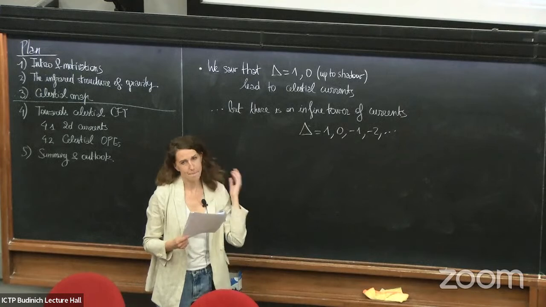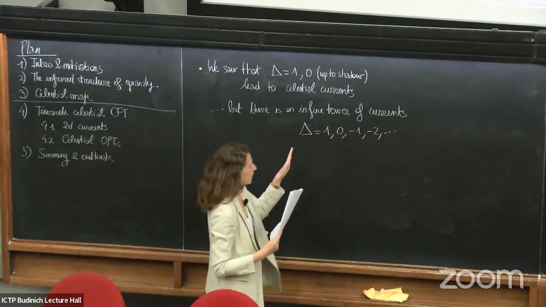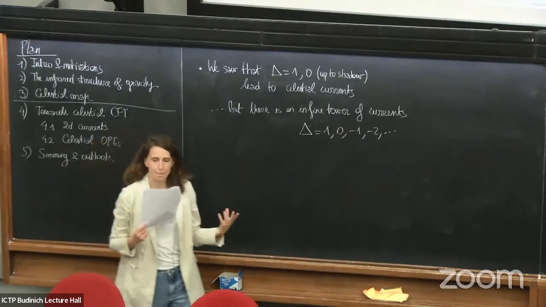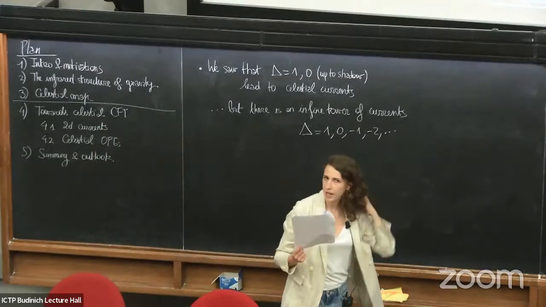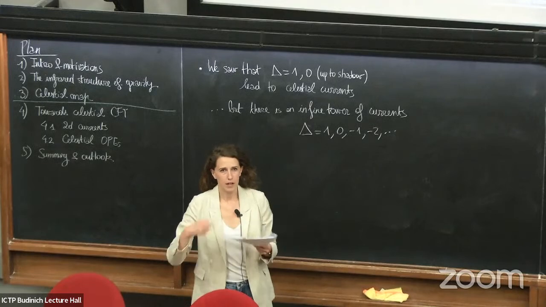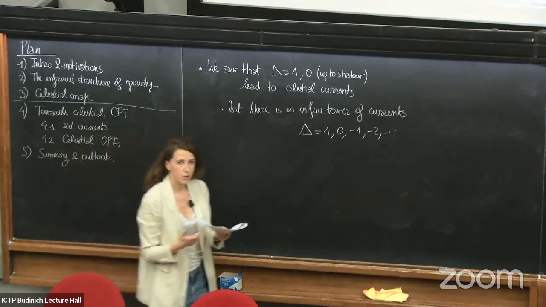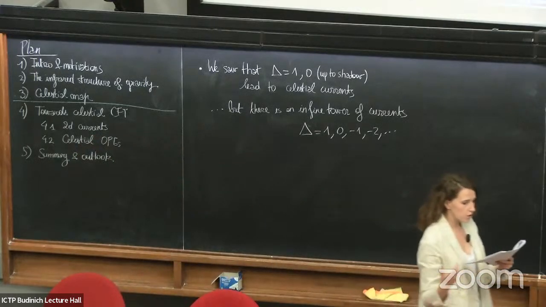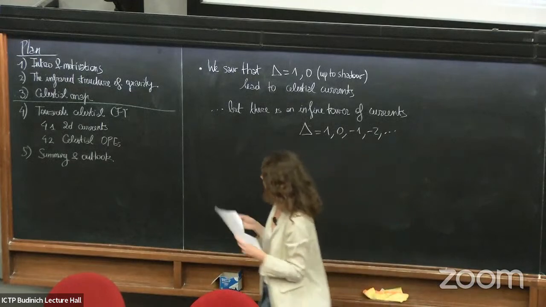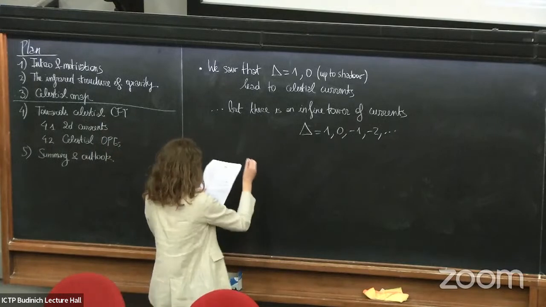And very recently, Strominger managed to show that if you look at this very complicated structure implied by these infinite towers of currents, by a clever field redefinition, you can nicely recast this constraint in terms of a single simple algebra. Well, not so simple, but which is the so-called W1 plus infinity algebra,